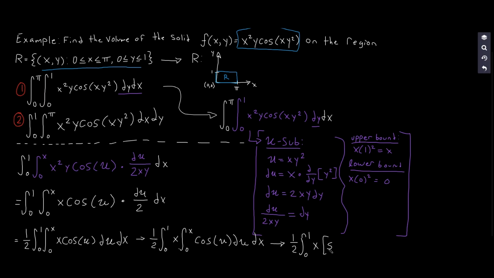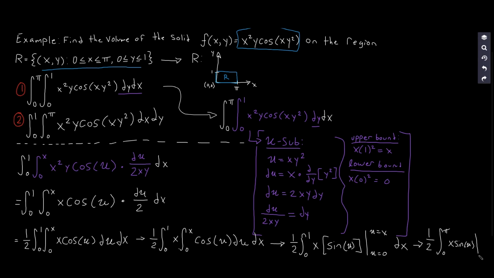So this is going to be sine of u, such that u gets evaluated at the bounds of integration, namely the lower bound is 0 and then the upper bound is x. And well, on the outside it's going to be integration with respect to x. Make this nicer. This is going to be 1/2 times the integral from 0 to pi for x times sine of u, integration with respect to, oh yeah,